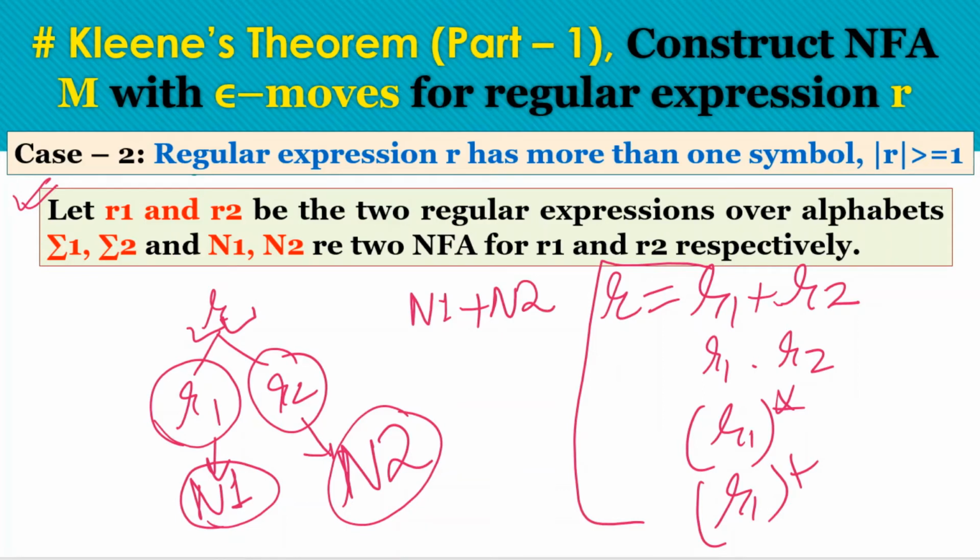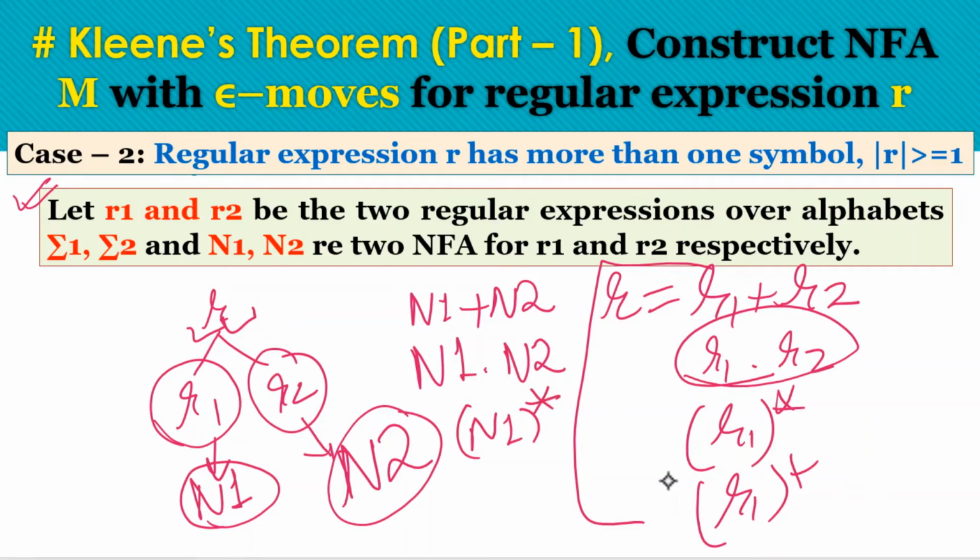And if the regular expressions are in concatenation, that is, if we have identity 2, then for this identity we have to perform concatenation of these two machines. So this will be the approach for this case 2. Now if we have the Kleene closure, then we have to perform the Kleene closure of the corresponding NFA, that is N1. And if we have the positive closure, then we have to find the positive closure of the corresponding machine, that is NFA N1. Right, so this will be our approach.